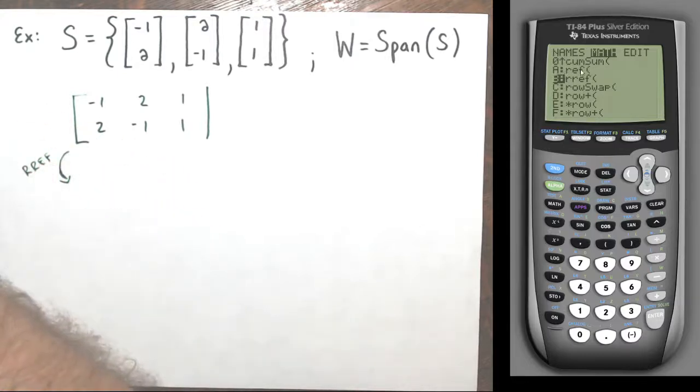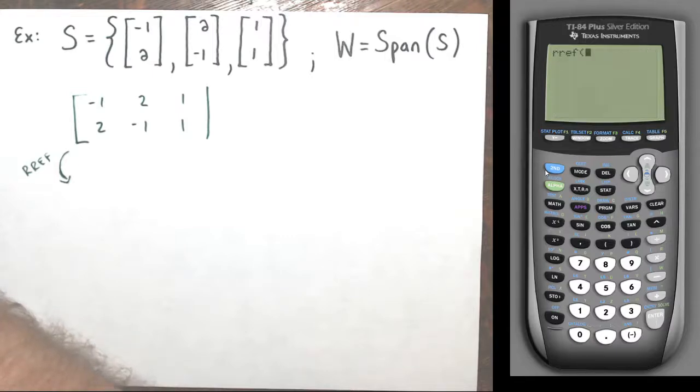Don't confuse it with REF. That's just plain echelon form, row echelon form. So I go RREF, second matrix, and then, oh yeah, I want the names. I want matrix A, this 2 by 3 matrix A that I entered, and close it, and there you go. All right, so this is